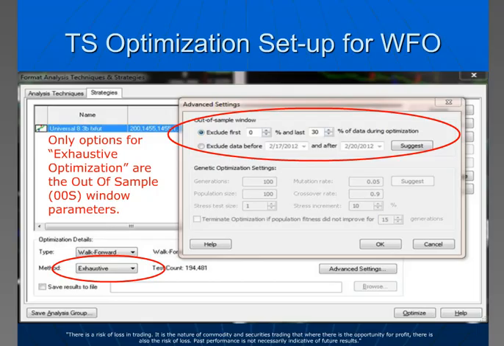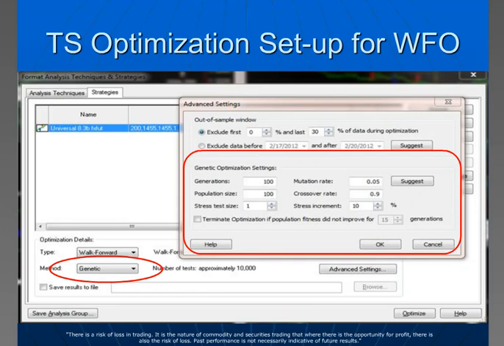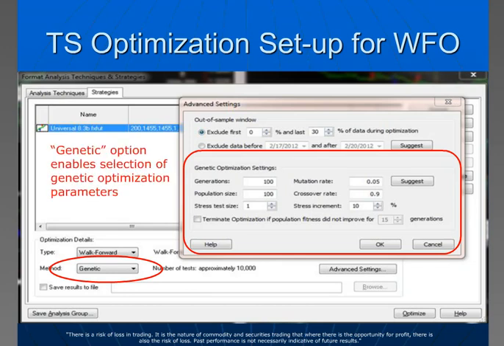Now, if you want to set this up as a genetic walk forward, and then click on the Advanced Settings, then these boxes become available. And you can set the number of generations, the population size, stress tests, and all this kind of stuff. Again, we don't have time to cover that. That's going to be done on March 20th. Genetic option enables selection of the genetic optimization parameters. Typically, I will use the